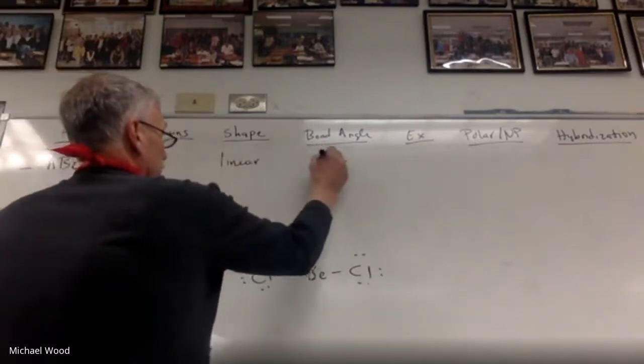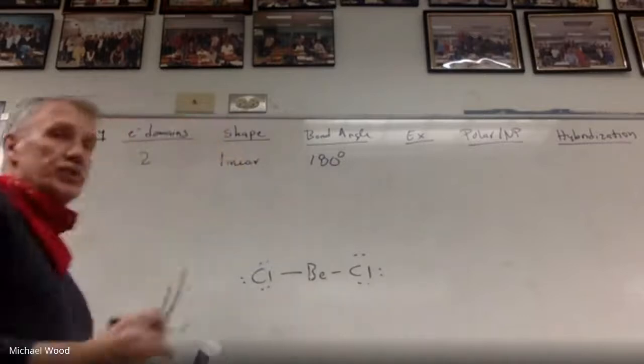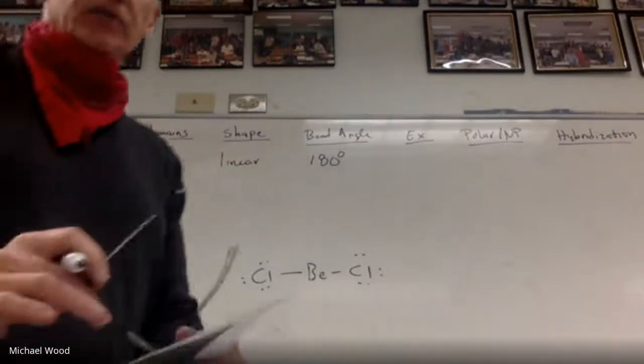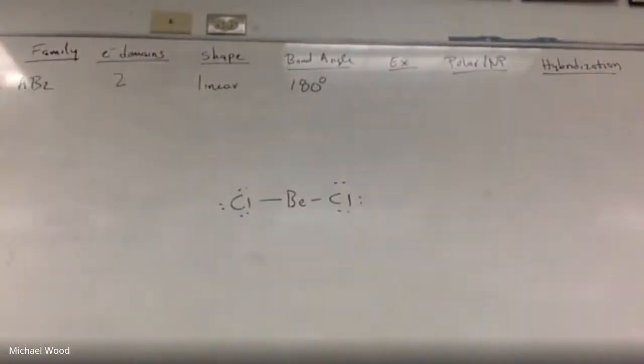The bond angle is 180 degrees. And like I said, in first year chem, I talked about it. I don't know, Mr. Conyers, Mr. Hodis maybe talked about it. But in here,